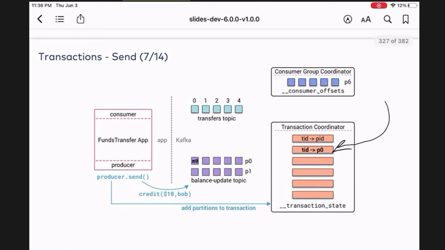And then if we go further, you'll see now, again, when you're sending more messages to the topic, I'm then adding M1, a new message. The transactional ID is tied. Now I'm writing to P1, partition 1. So in other words, it gets added as part of the transaction, right? The message is saying, hey, look, I want to subtract or debit $10 from Alice, right? And this is important. So now let's just go to the next one.